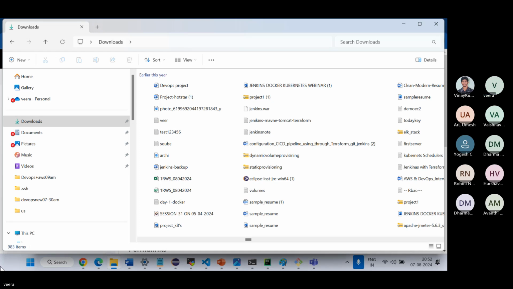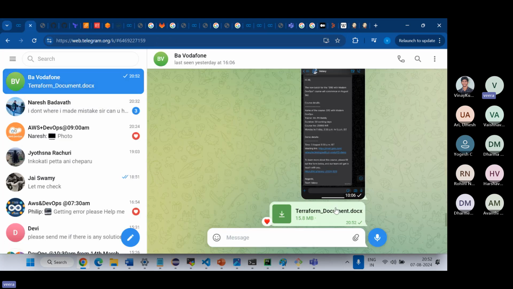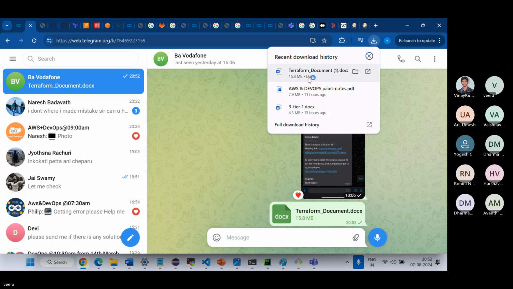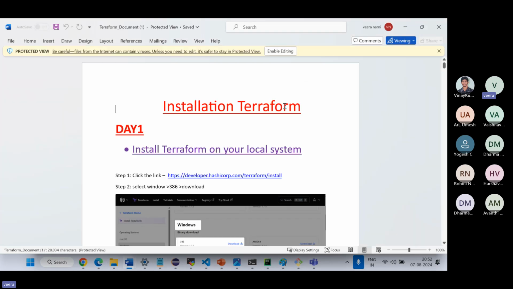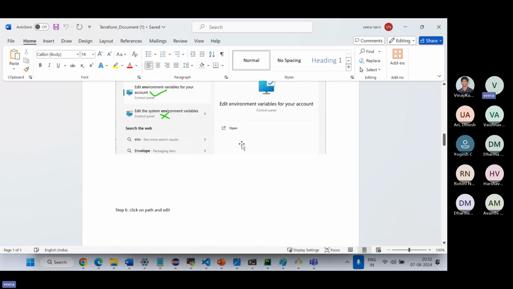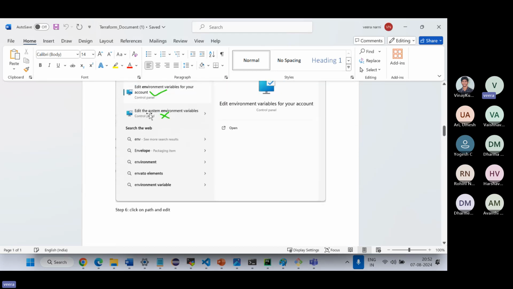Yeah. So let's go to Telegram. Let me download this document from here. So this is the document, if you want to just reference for your entire Terraform. So day 1 to day 15, what we discussed, if you want to do any practice, from scratch, the installation process